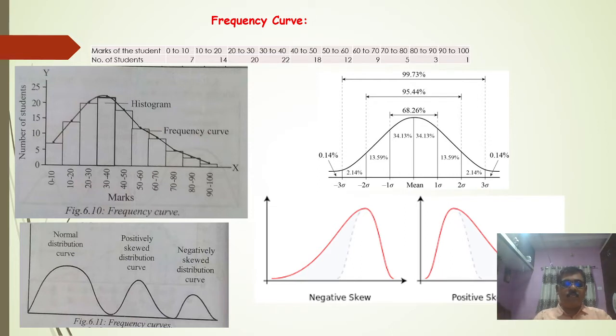So these are the graphs. This is the data, that is the marks, and this is the frequency curve. This is the histogram, and instead of joining all the midpoints by a straight line, we are joining all these points with the help of a smooth line, and that we call a frequency curve, which is of three types: the inverted bell shaped curve, the negatively skewed, and the positively skewed curve. So these are the frequency curves.